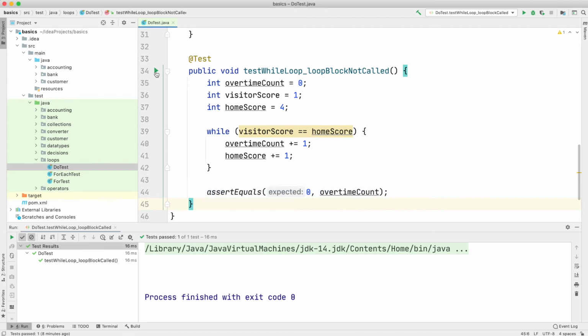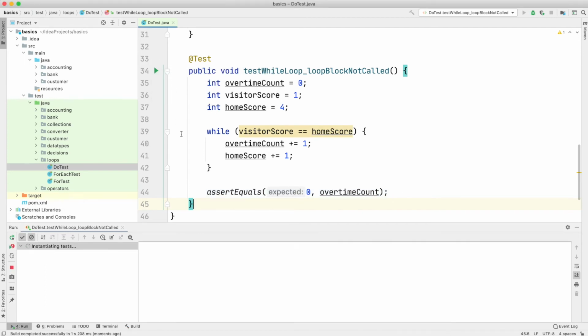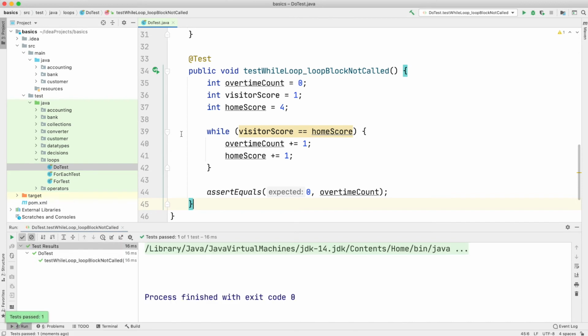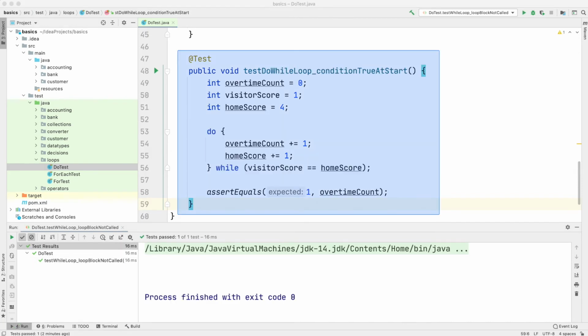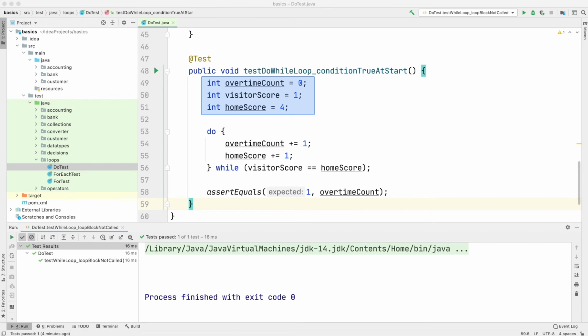If we run this test, it passes. This test will show the condition for a do-while is false from the beginning, but the code block will be executed one time. Here are the three variables used to hold the overtime count, visitor team score, and home team score. Here is the do-while loop. Inside the code block, the overtime count and home team score are incremented. The assert will verify the overtime count is 1. Notice that the while condition is not true at the beginning of the loop, but the code block is executed one time. And if we run this test,